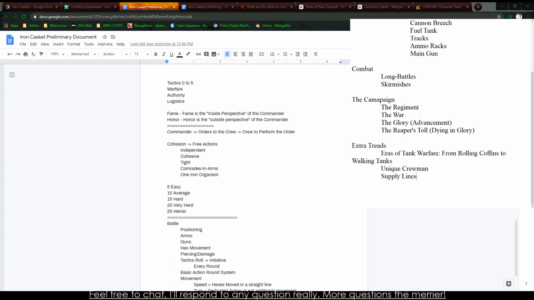Actually, supply lines and logistical problems. Tank design. Fantastic tank designs. Fate, Destiny, and playing the main characters. Effectively, this is going to be if you are playing a campaign that is appropriate for it, where you don't die when you would normally die. You just get knocked out or something like that. You lose your tank, but